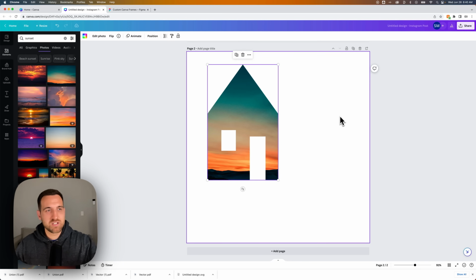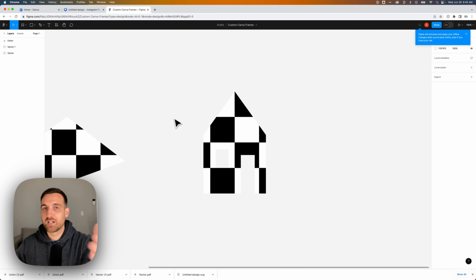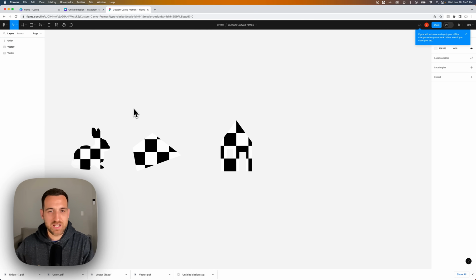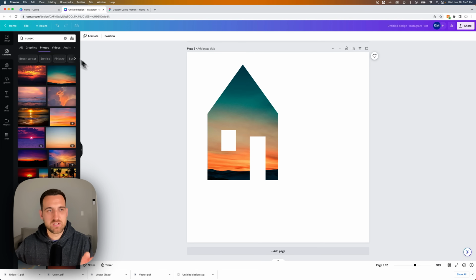Okay, so that is how to take an SVG or a vector graphic from Canva to Figma and back to make it a frame. That's how to use your tools in Figma to create custom frames. Now, the last thing I want to show you, remember when we deleted out all that gobbledygook from the clipping portion of this rabbit? The last thing I want to show you, maybe the last two things here, is let's